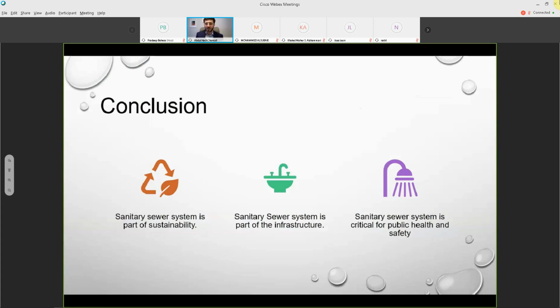The second one is that the sanitary sewer system is part of the infrastructure. For any city or town, the first thing you want to think about before you build it is the sanitary system. That's very important. Now, the third thing is that the sanitary sewer system is critical for public health and safety, because let's say